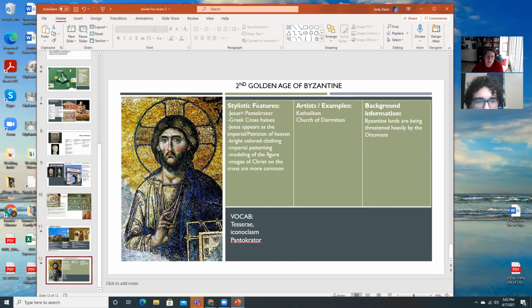This particular image that you're looking at here is the mosaic that was in Hagia Sophia. It's a later mosaic. So remember, they built Hagia Sophia, but the artwork in Hagia Sophia is still being implemented until they lose control over it to the Turks. And so Jesus here is pictured in the imperial style in that Pantocrator image.